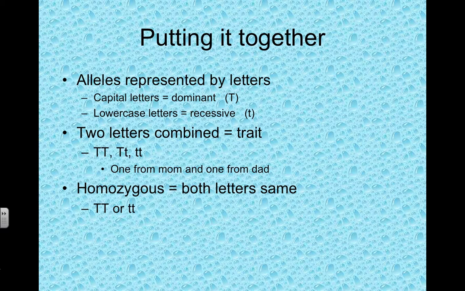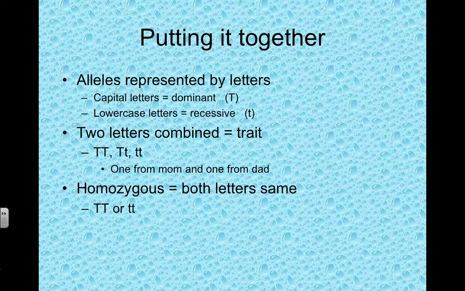Now, also we've got to know some terminology here. So we have the terms homozygous and heterozygous. If we say something is homozygous, both letters will be the same. So homozygous tall would be capital T, capital T, meaning that it's dominant tall, and both letters are the same. They're both uppercase. And then homozygous short would be two lowercase t's, meaning they're both the same,